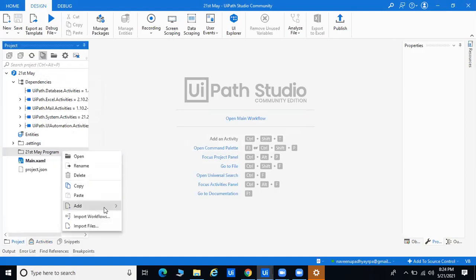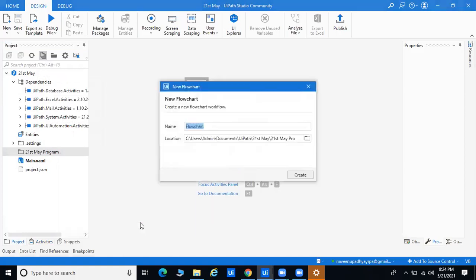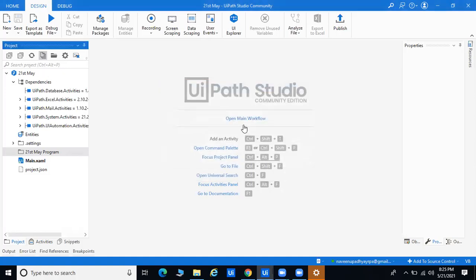Right click and go to add, and we can go for the flowchart. Right now, I will try to pass my program. Today we will start with the first message. Hi guys, I already gave the demo also. Today we are starting the live training class, so that's why I am very slow. We'll do it one by one. Okay. So, message box.